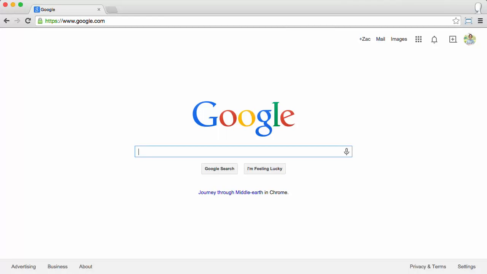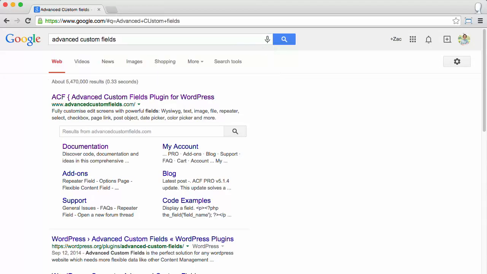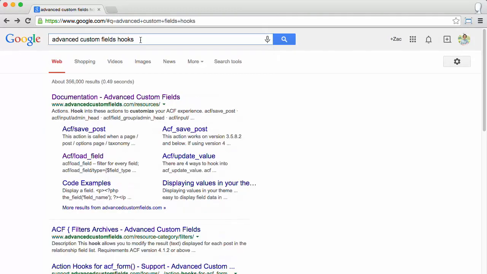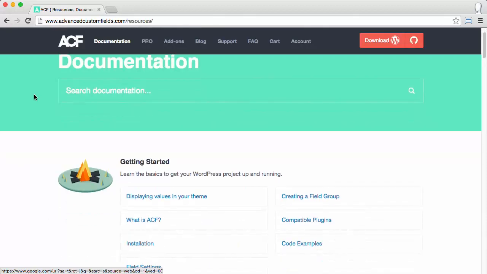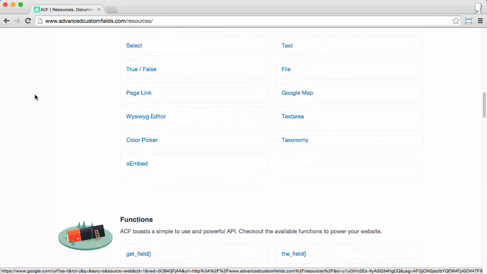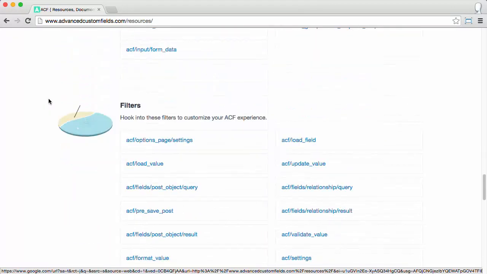In our last example here, we're going to look at some hooks associated with Advanced Custom Fields. This is a very popular plugin used to add custom fields to WordPress sites. Now, if we add to this hooks, we can see that we're taken to the Advanced Custom Fields documentation. If we scroll through this, we can see that we have information on field types, functions, features, actions, and then